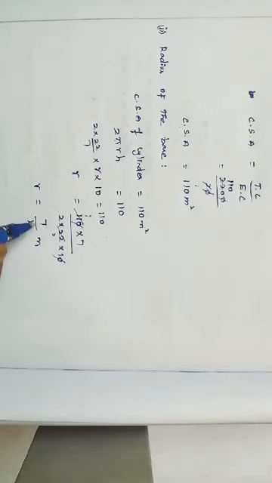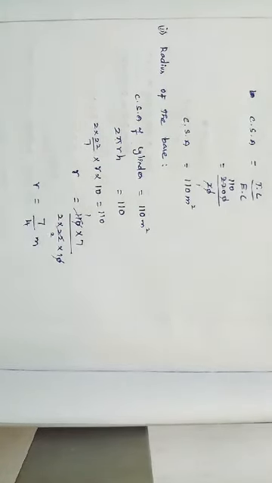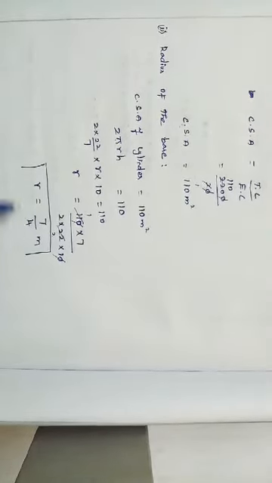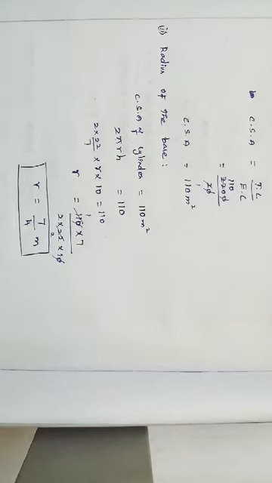If you simplify it, it will become a decimal. I already told you not to convert to decimal form. Always keep it in the form of a fraction, because it will be very easy for simplification. So we know that the radius of the base of the cylinder is equal to 7 by 4 meter.